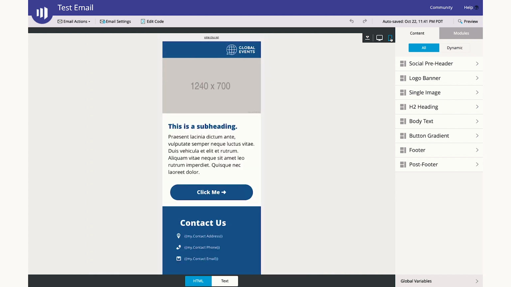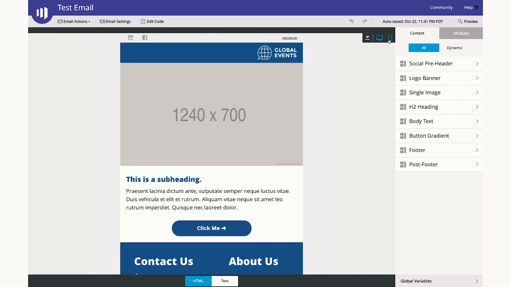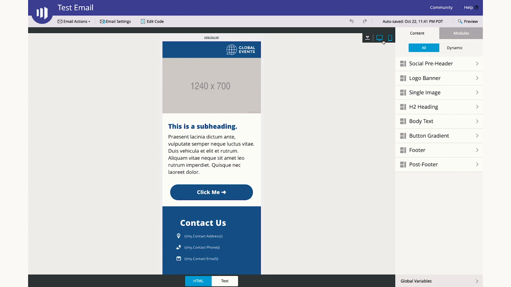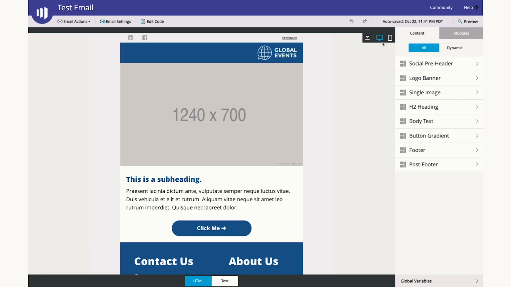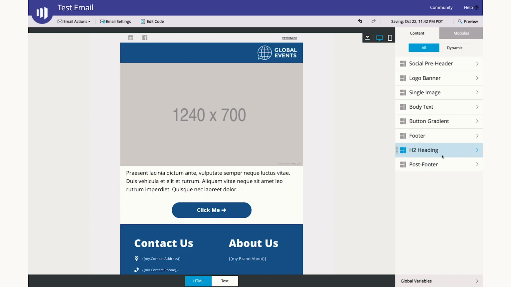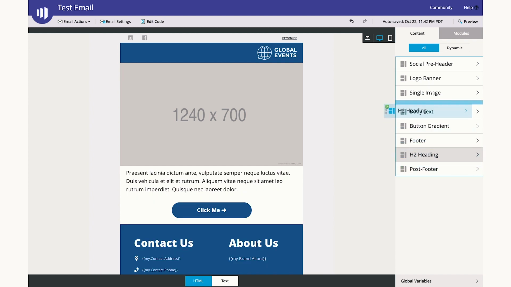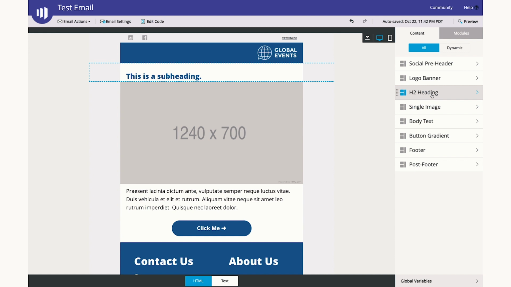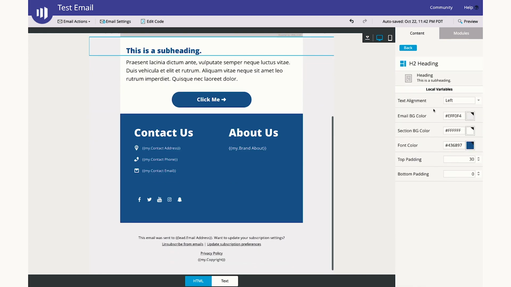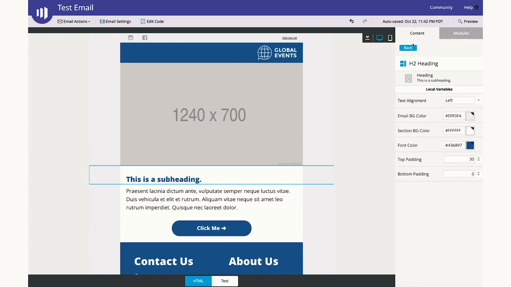Hopefully everyone's aware of this as well, but you can also switch between desktop and mobile view at the click of a button there. Another good thing to be aware of. You can drag and drop the order of components from the sidebar over here. I've just chucked my header all the way down to the bottom. I can hit it up to the top, move things around at the click of a button, just drag them